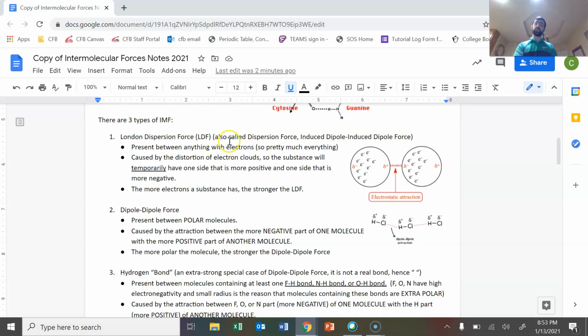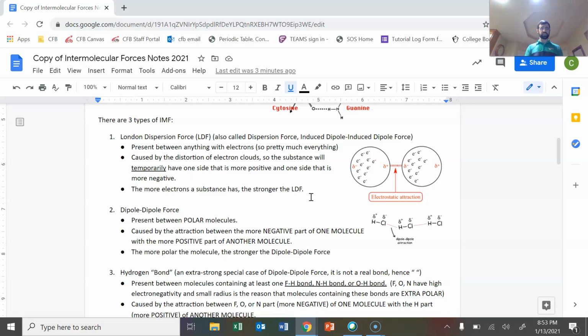So London dispersion forces exist in every atom and molecule that you're going to be dealing with. They're caused by the distortion of electron clouds, so the substance will be temporarily polar. So it's going to temporarily have a more negative side and a more positive side just because the electrons get shifted over to one side or the other. And the more electrons a substance has, the stronger the LDF. So those atoms that have a lot of electrons down near the bottom of the periodic table are going to have the strongest LDF. The ones that are really small, like hydrogen and helium, are going to have the weakest